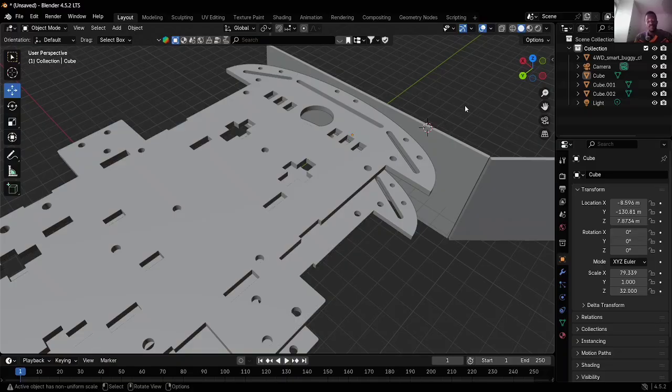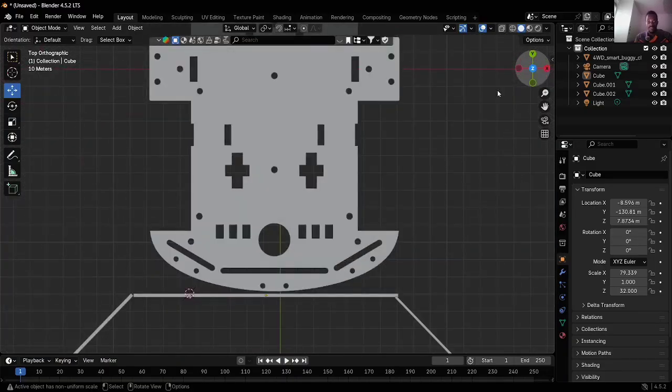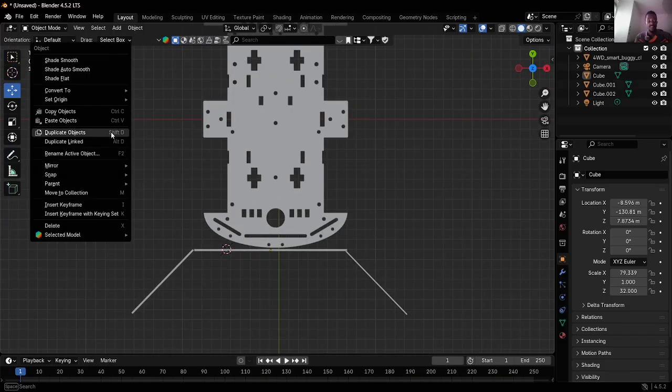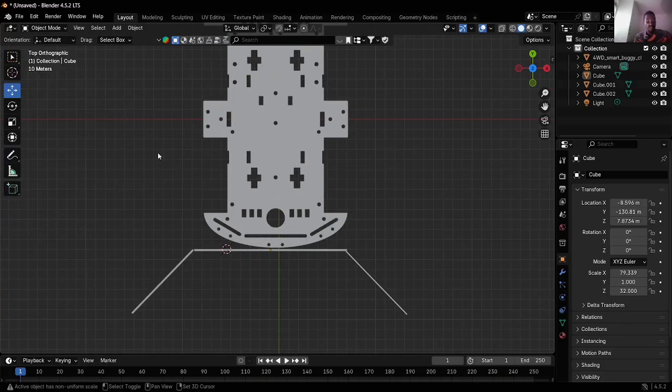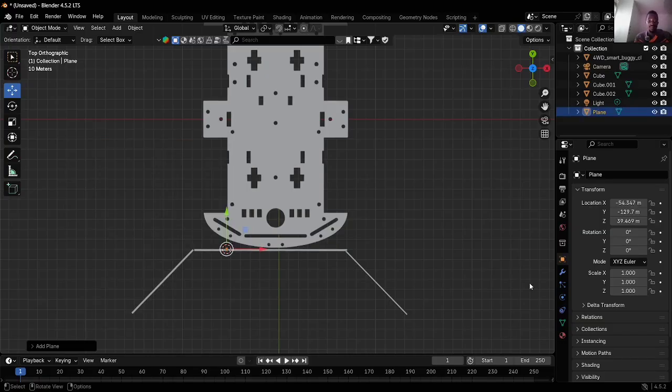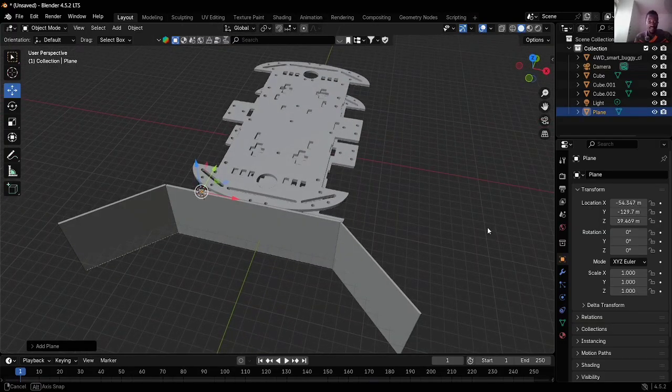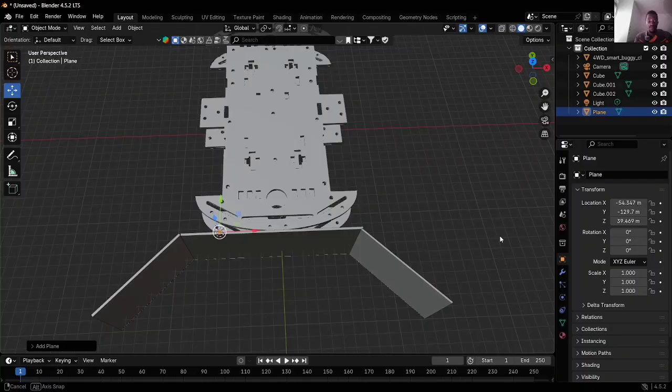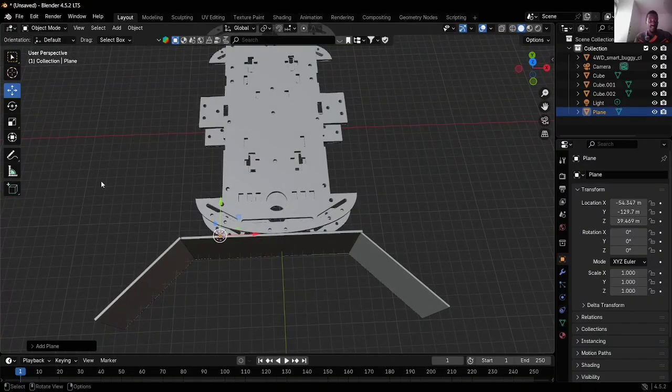So let me go back to the z-axis here. So I'll add a plane. So shift D. Okay, where is it? Shift A. I'll add a plane. A plane is just a small structure. With that, I'll transform it. So let me transform it to